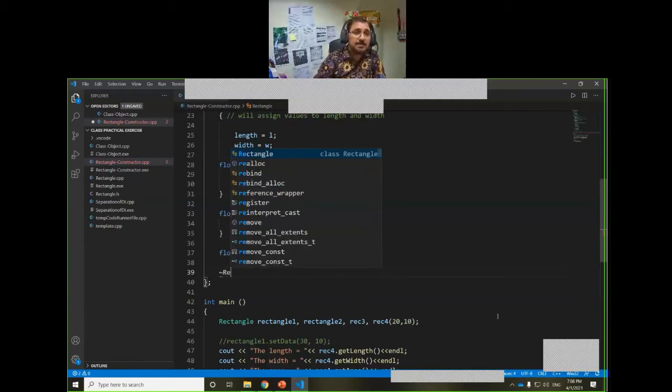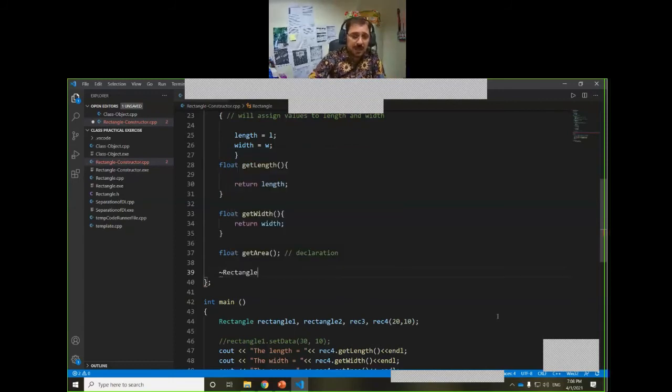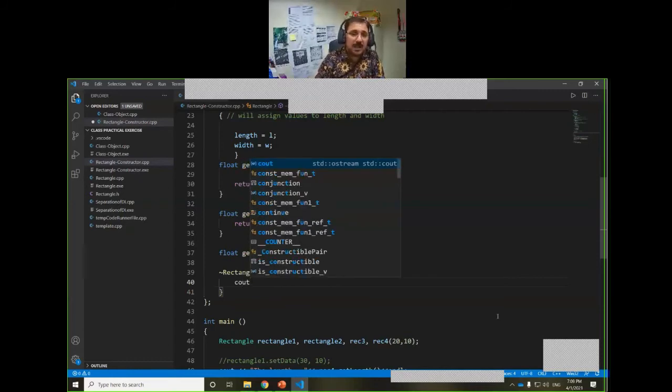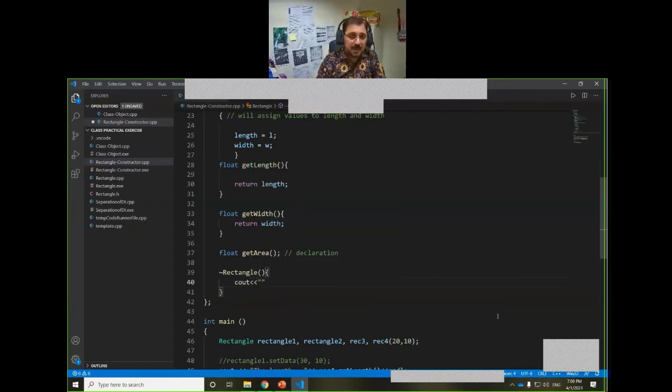So Rectangle, and this is a function again. It is mostly called automatically, but just to show you when it will be called, let me display a simple message here.